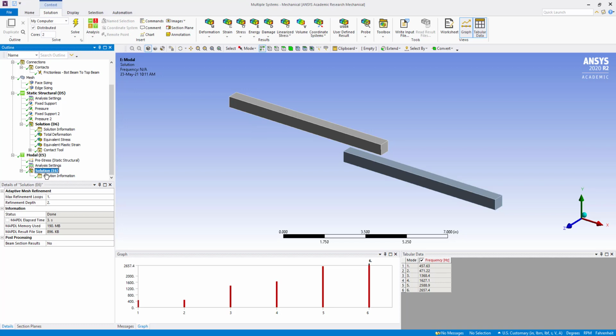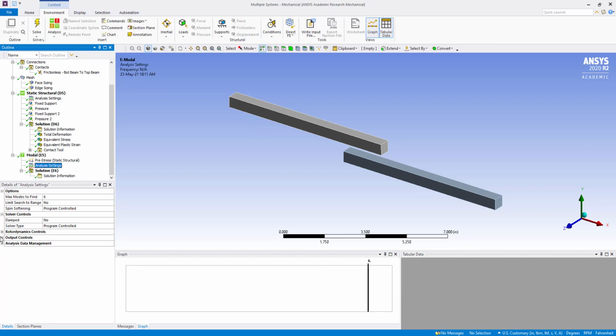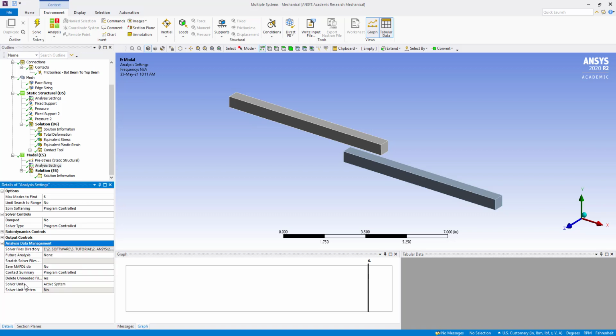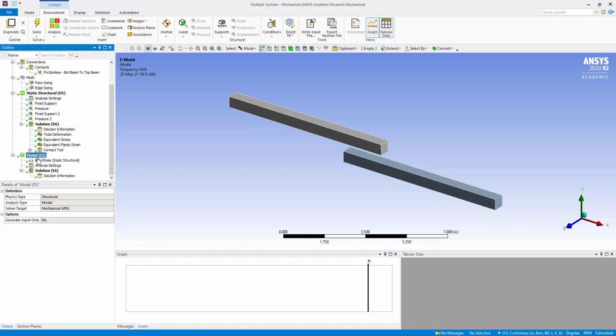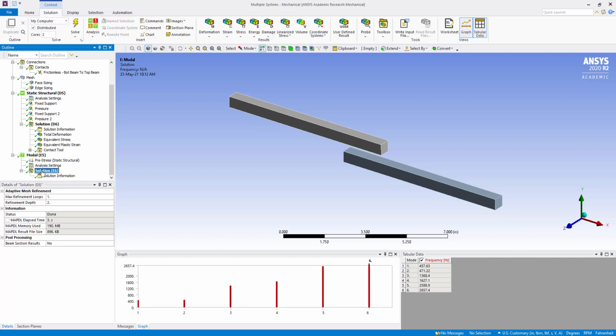Also in analysis settings, we want to save this. Here we are going to request an MAPDL database file to be saved, so that we will use it later for post processing purposes. So in analysis, go to analysis data management, and here set save MAPDL db to yes. Okay, so here in the modal solution,